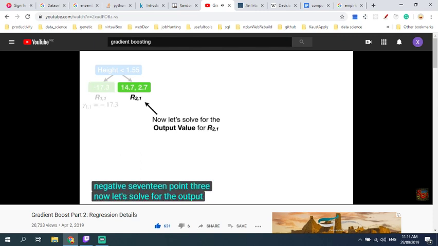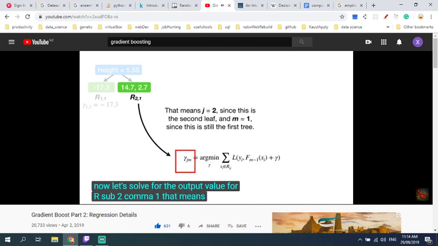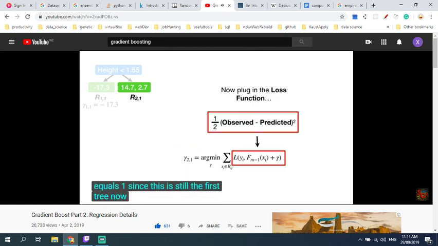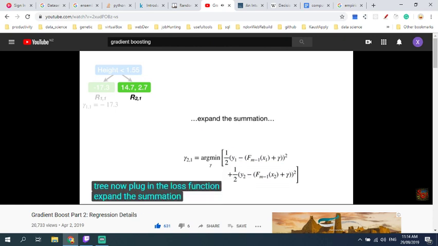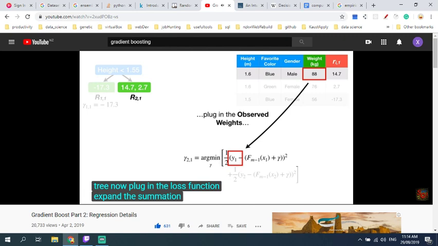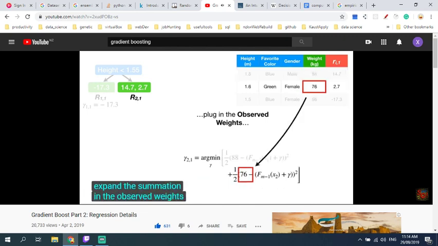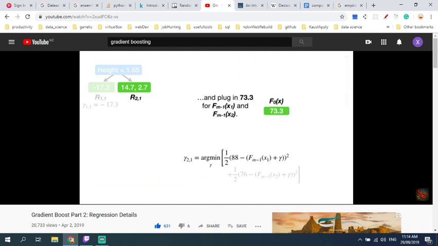Now let's solve for the output value for r sub 2,1. That means j equals 2 since this is the second leaf, and m equals 1 since this is still the first tree. Now plug in the loss function. Expand the summation. Plug in the observed weights. And plug in 73.3 for f sub m minus 1 of x sub 1